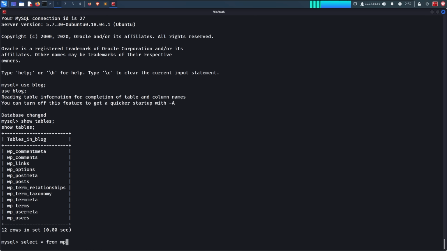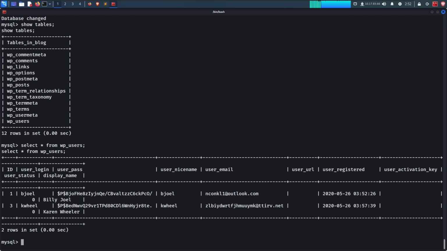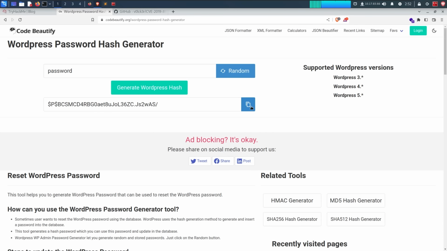So select star from WP users, and I want to change this value right here. So I'll write an update statement: update WP users, set user pass equal to, and I'm going to change it to this value,